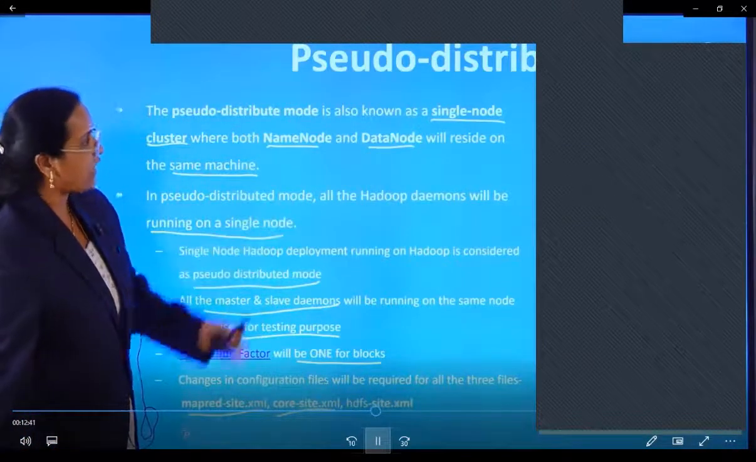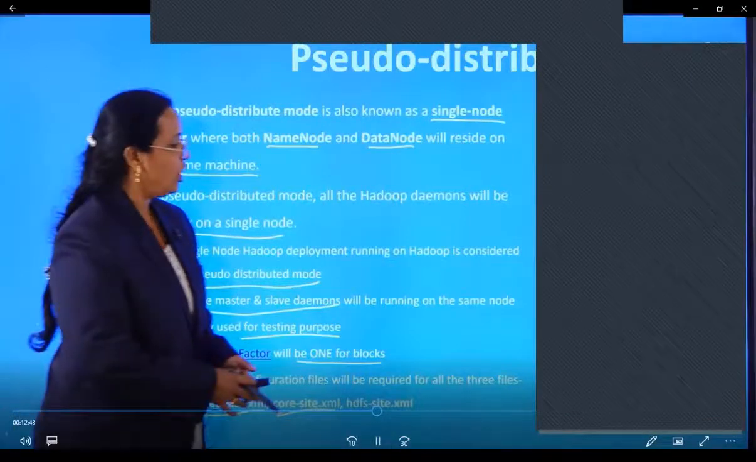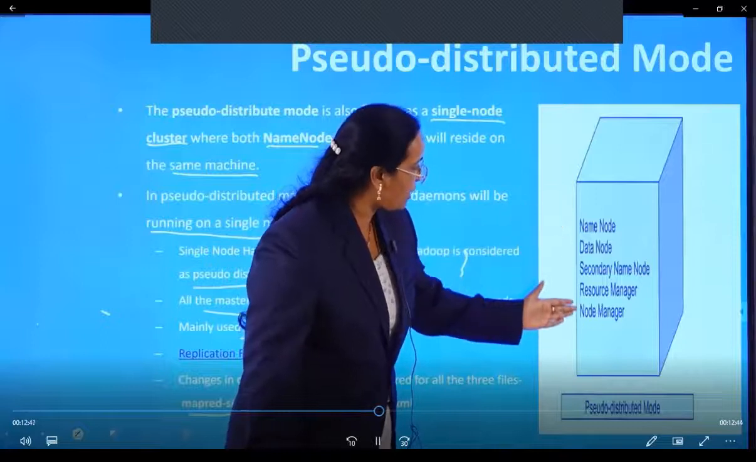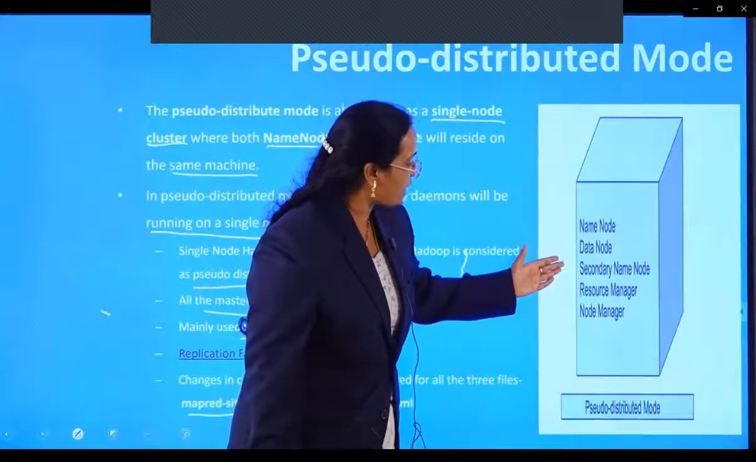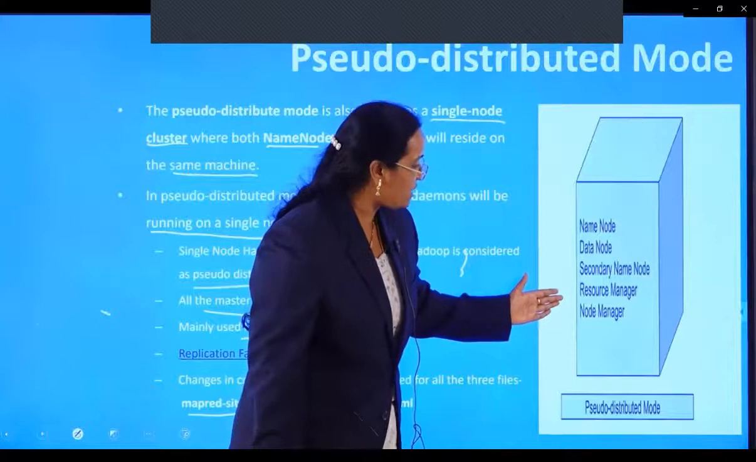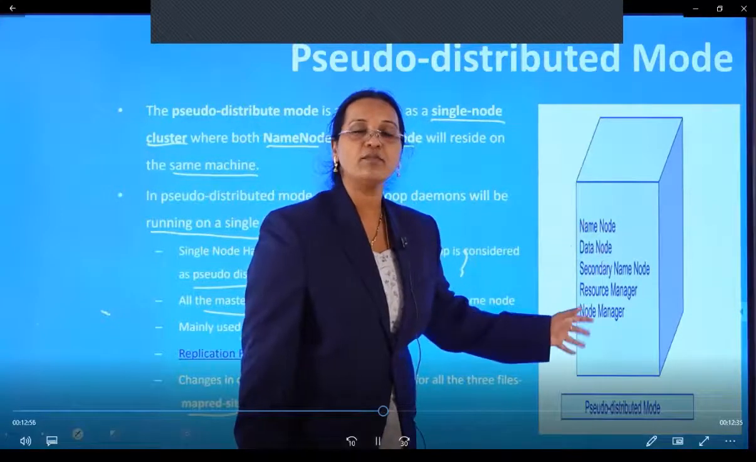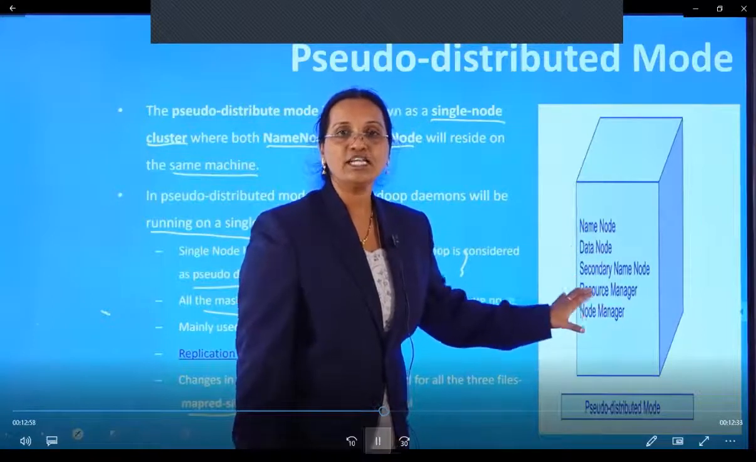The diagram looks like this here, the pseudo distributed mode. In a single machine, you can see the daemons are running here. The name node is there, data node is there, secondary name node is there, resource manager is there, node manager is there, everything is there. That means all the daemons are running. So since all the daemons are running,